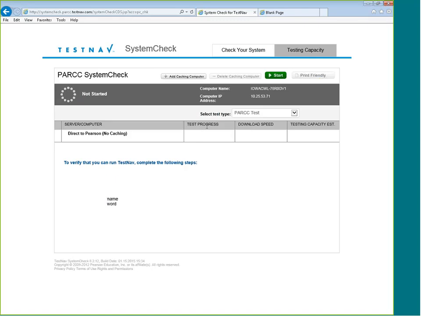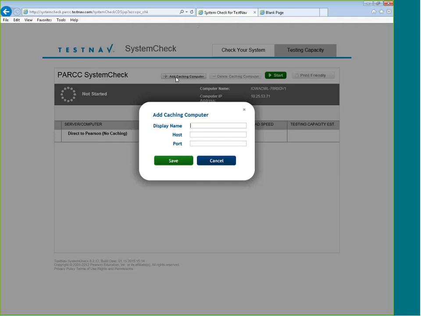But here, we are interested in testing to make sure that our Proctor Caching software that we just installed is working correctly. And typically, you would do this from a client device. You wouldn't do this from the device that you just installed Proctor Caching on. You would do it from where the student would be. So the display name doesn't matter. Okay. This is my test machine. IP address. And the port is always 4480 for Proctor Caching.